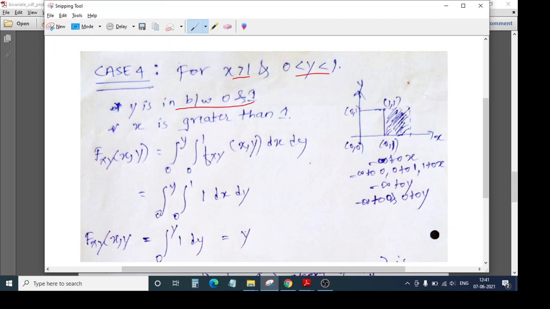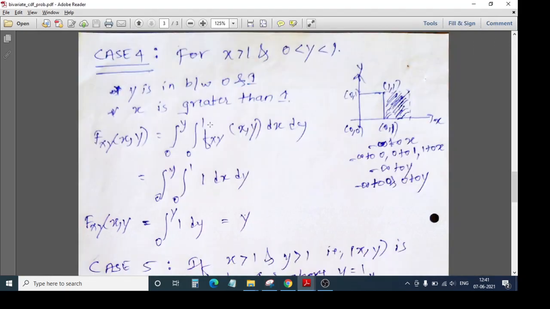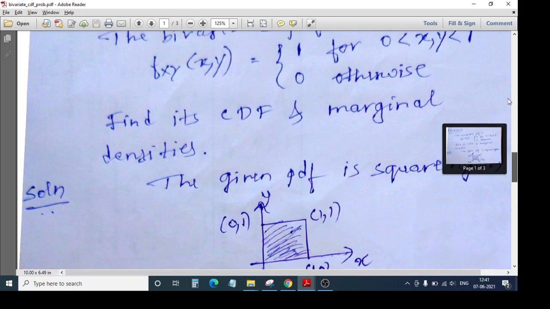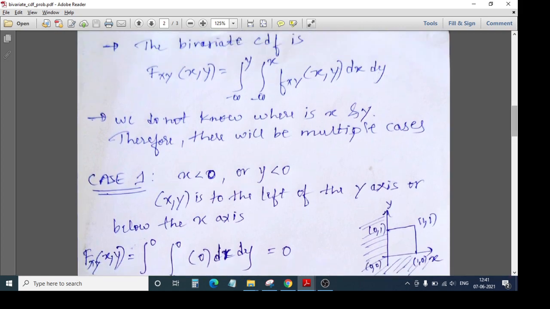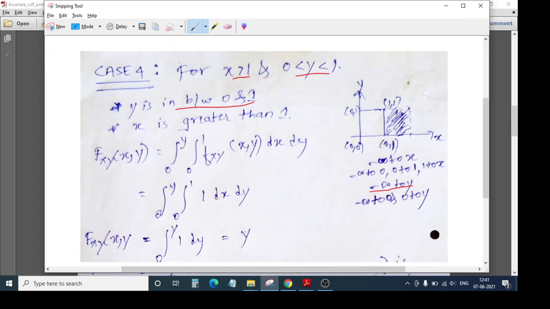It means that we need to split our formula, friends. Please concentrate here. Our formula tells that it is from minus infinity to y. Don't forget the basic formula, minus infinity to y. So minus infinity to y can be split: the first split is minus infinity to 0, and the next split is 0 to y. Anywhere in this strip, fine. Next, we will see how this shifts into the shaded area.